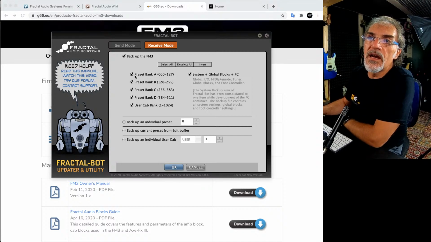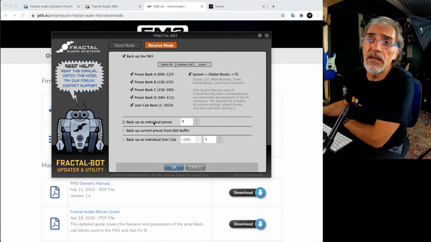So preset bank A from 0 to 127, bank B, bank C, bank D, user cabinet. The factory cabinet is saved in the unit, but you have your user cabinet. Cabinet means impulse responses. And also the system and global blocks and the PUFC. If you click on every flag, you are sure to make the whole backup.